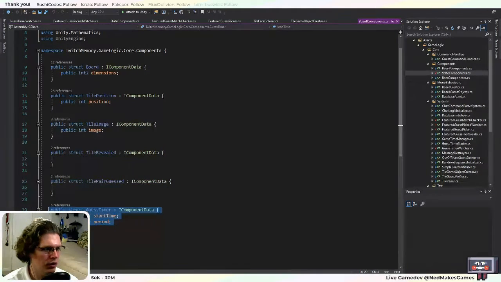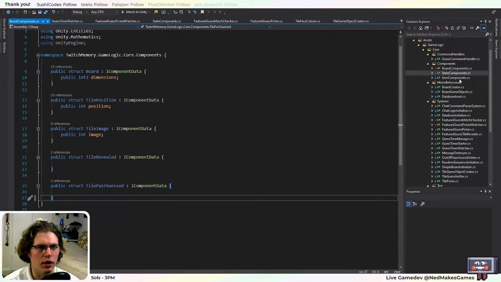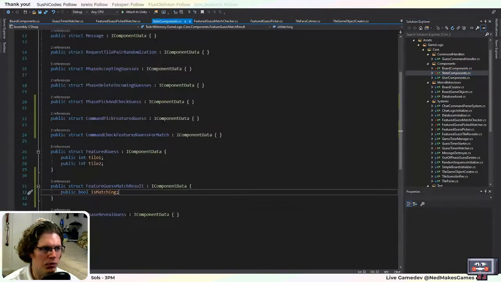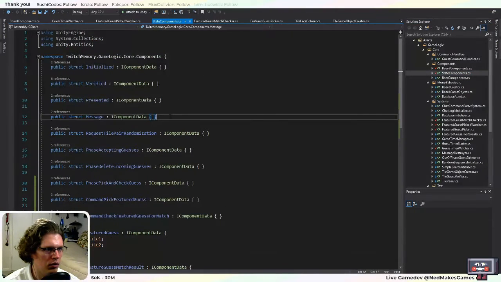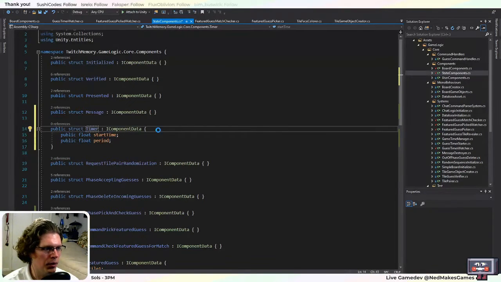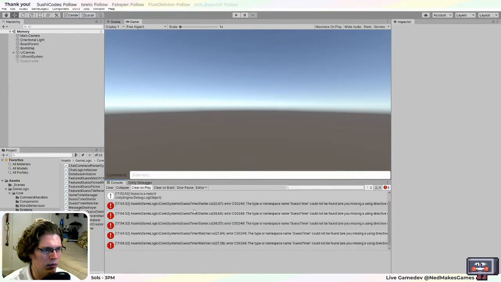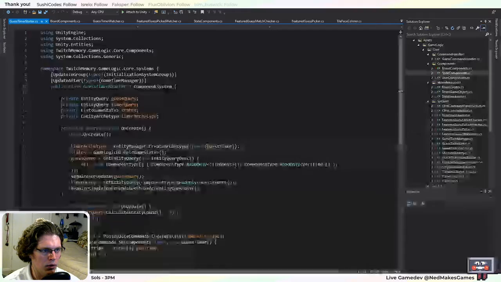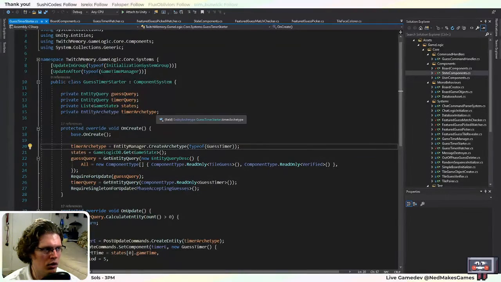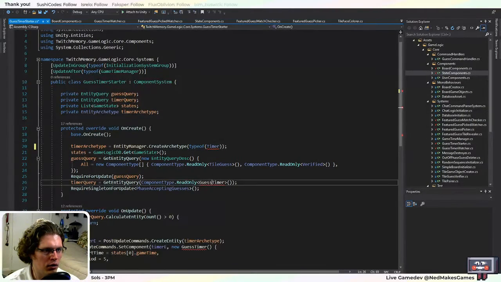I think it might be fine to just call it a timer. That way I can just reuse that component. Probably should move it to state components. And I'll just call it timer. I know this will bring up a lot of errors, but I want to make sure I don't mess anything up. Okay, so this is a timer and it only runs...